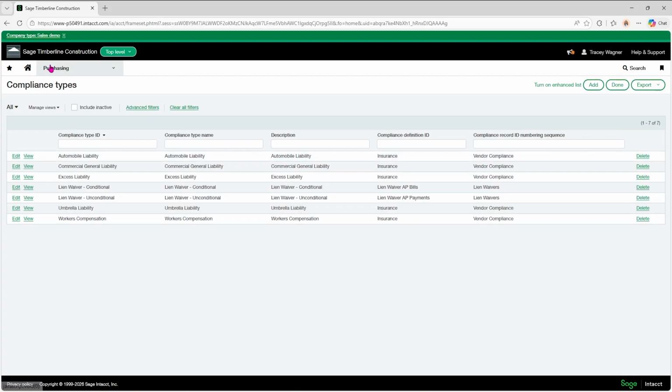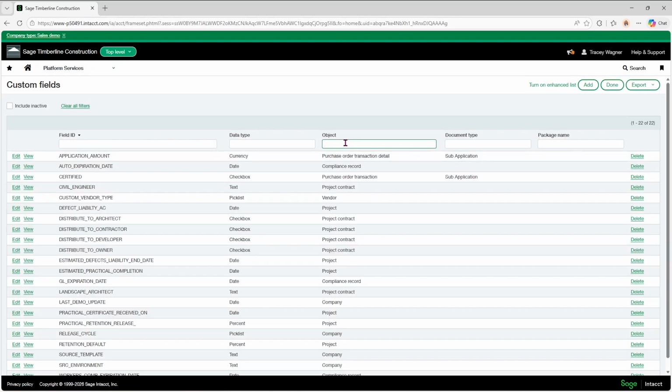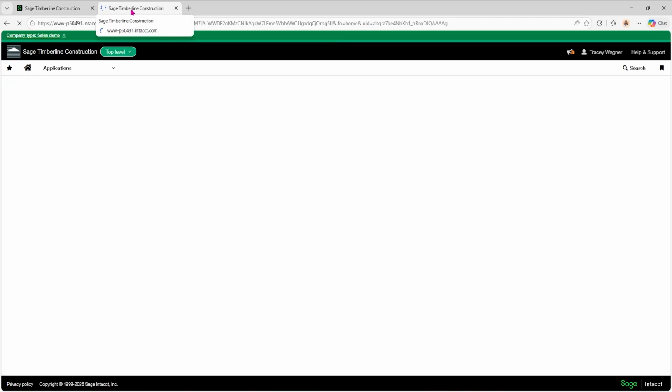But before we do that, I'm going to go over to platform services and custom fields, and I want to show you what I've created so far. I have created 3 custom fields so far for the compliance record object: auto expiration date, GL expiration date, and workers' comp expiration date. So basically what's going to happen is when a compliance record is created, when I create a new vendor,